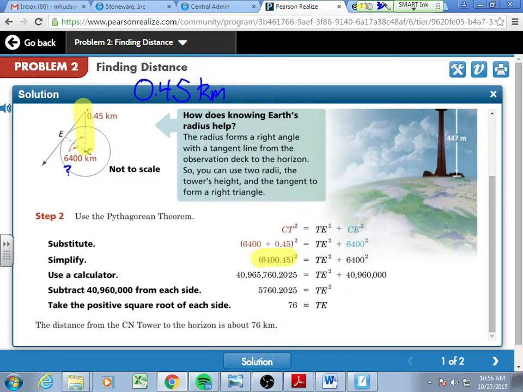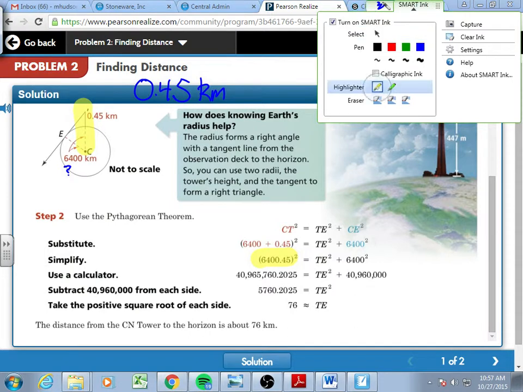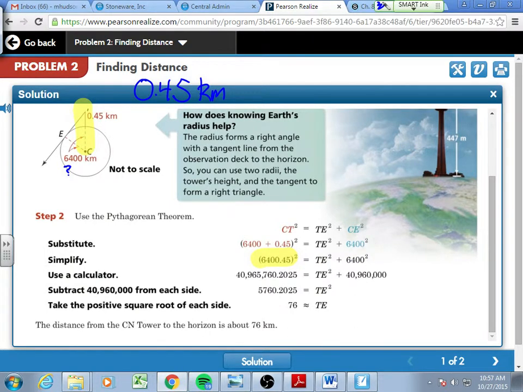Then we know our 6,400 is just the other leg. We solve the Pythagorean like we know how, and we end up getting about 76 kilometers. So when you view from up on top of the CN Tower, you can see about 76 kilometers, which if you want that in miles,